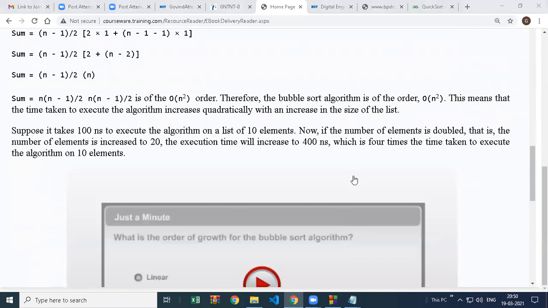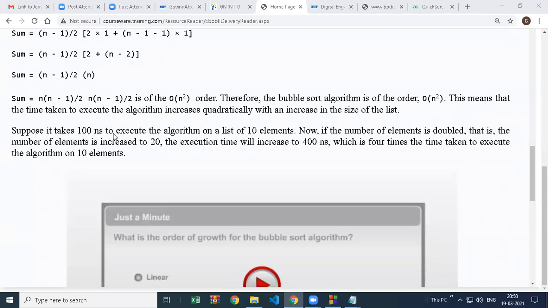they are saying that the bubble sort algorithm is of the order O n raised to 2. This is big O notation, and it represents quadratic. N means linear, n raised to 2 means quadratic, n raised to 3 means cubic. So the time taken to execute the program increases quadratically.